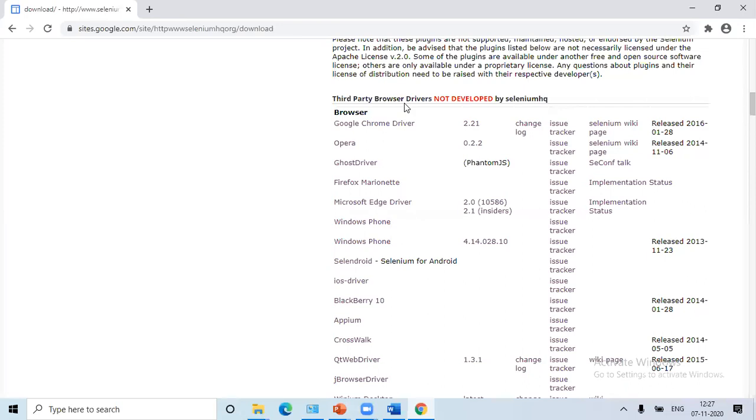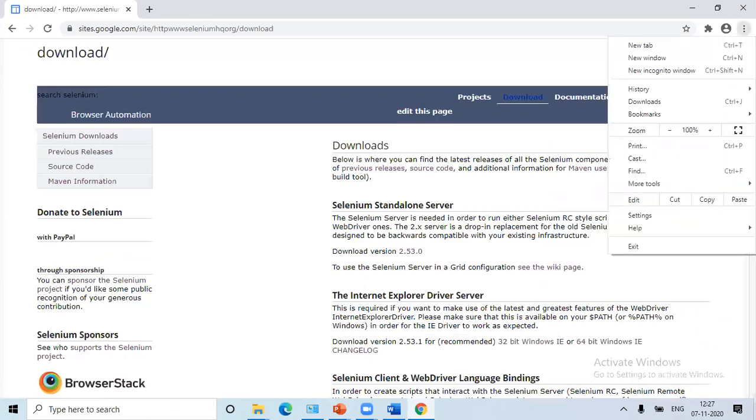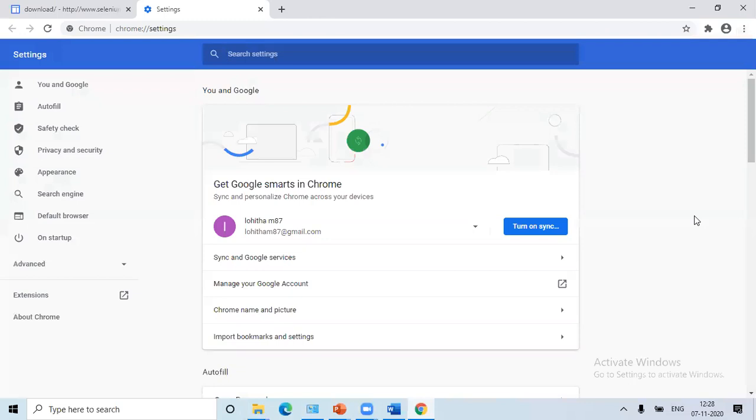We have to download that and add it in our code. Then only we can execute on that. Here I want the Google Chrome driver, because I am using Google Chrome. This version is there, but one thing you have to remember here: you have to check the version of your Google Chrome first, then only download. Don't download directly whatever is there. Just check the version of your browser, whatever browser it is, and then download. The version number will be there, so just check that version number.